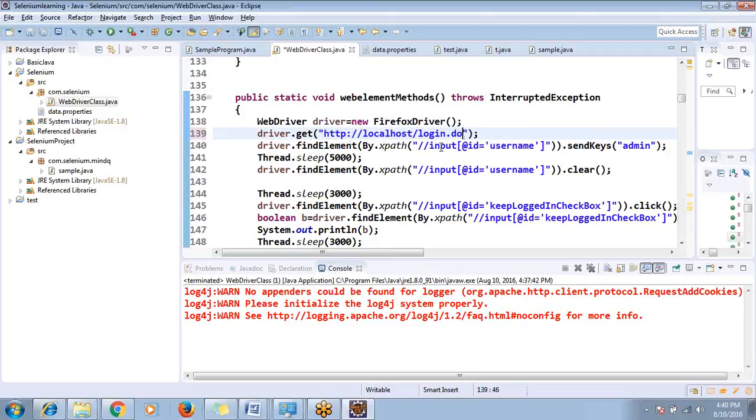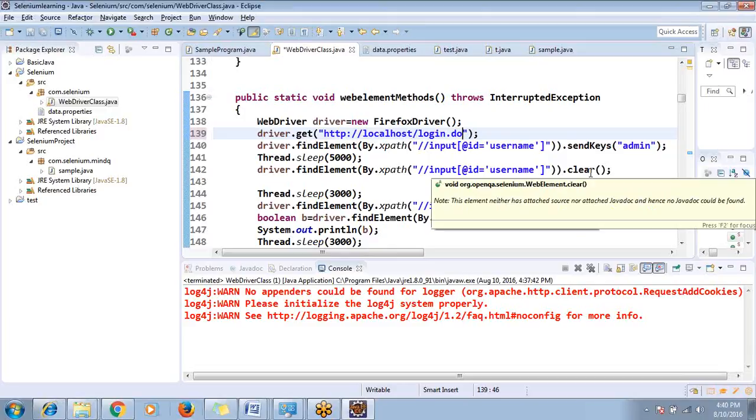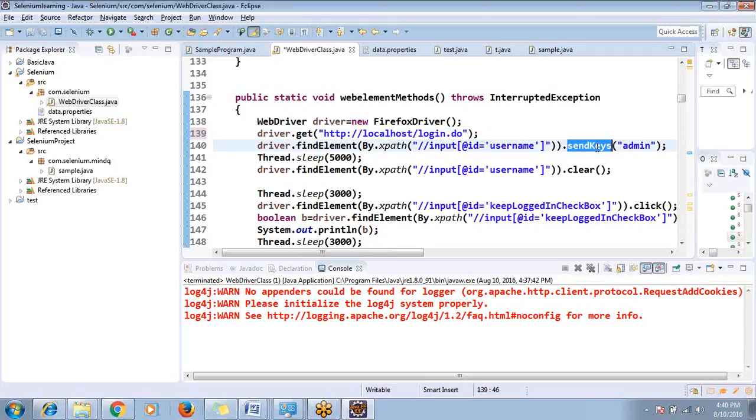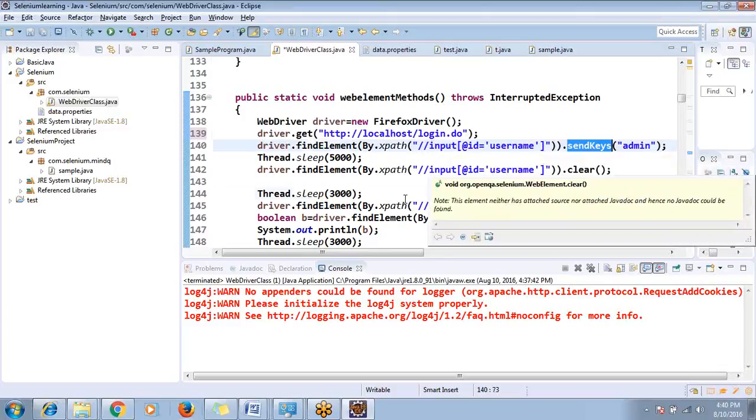Here it will find, using this XPath, the username text box and it will pass the admin. Again, after some time, it will clear, because my intention here is to explain the WebElement methods. So, what are the methods available in WebElements? The sendKeys, clear, click,